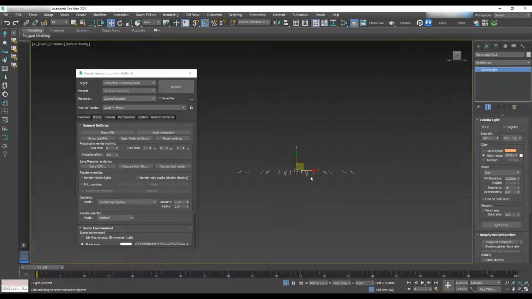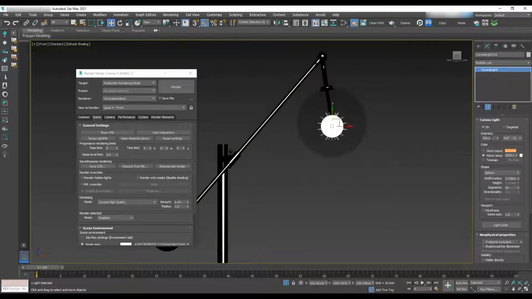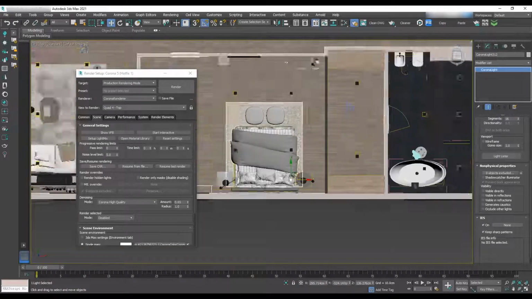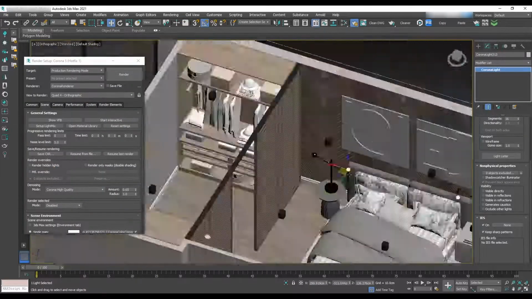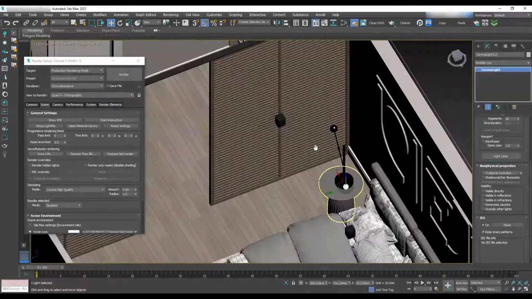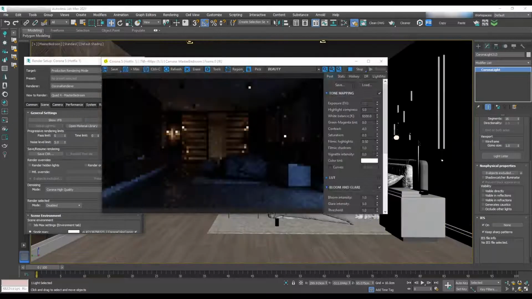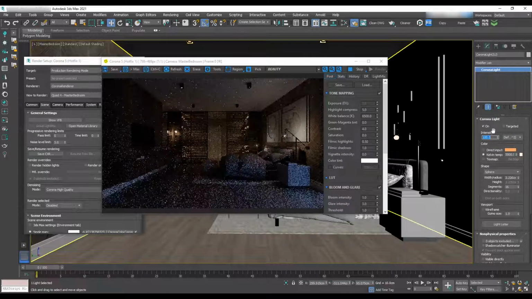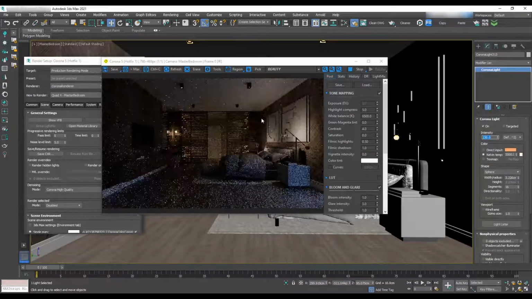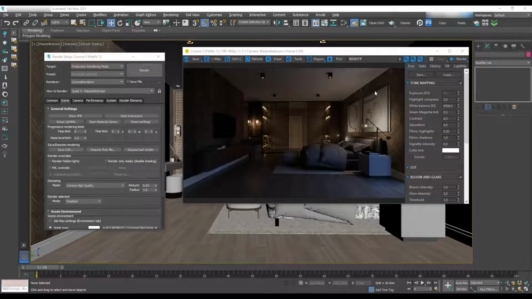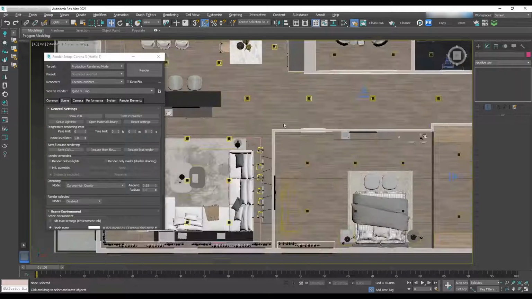Drag and drop a light to the table lamp and change the intensity to 60. Instance for the other one and do a test render. We need to change the intensity to 150. Looks pretty good now. Then we'll need to add IES lights for the pot lights, and we can do this